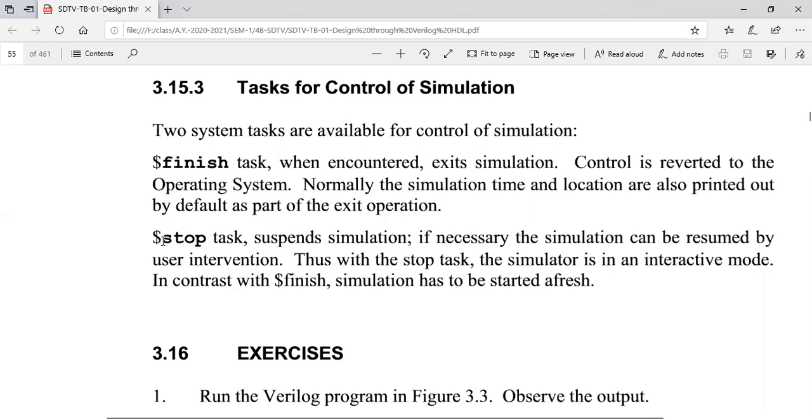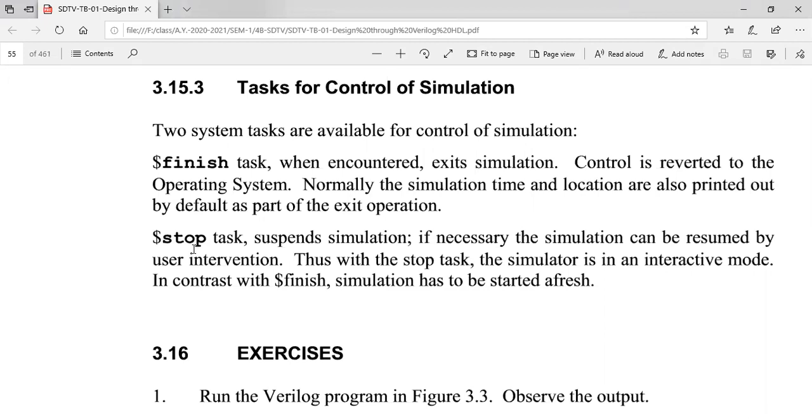If you use stop, it will temporarily suspend the simulation, go and perform some operation, and come back once again if it encounters finish in that particular program. It returns to this program and starts executing once again. Do you get it now?